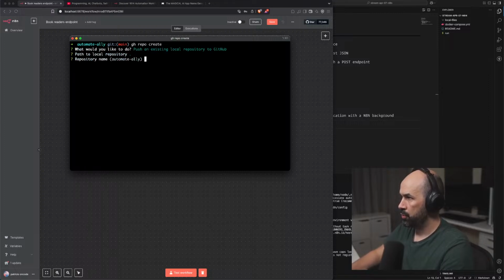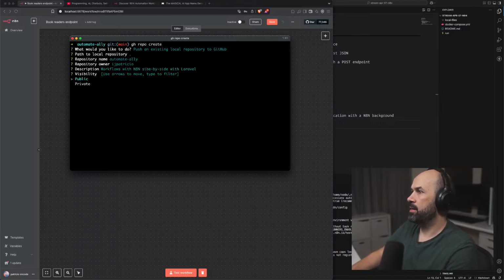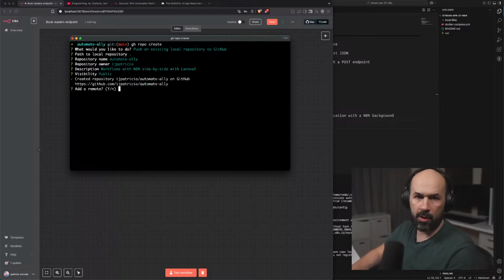Push automate tally. And what is this? It's a backend. It's an application, it's workflows with N8N side by side with Laravel. Fantastic. It's public. Let's go.